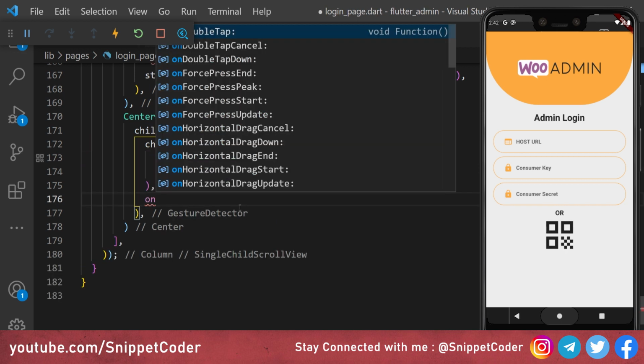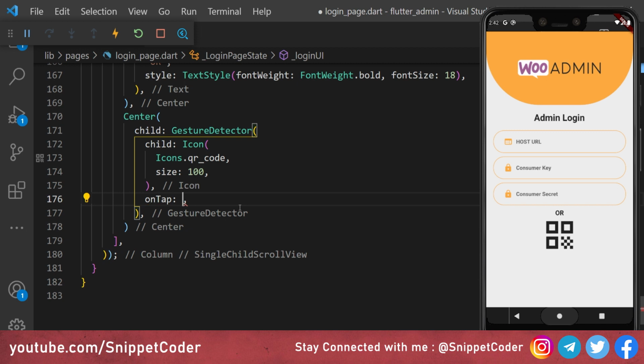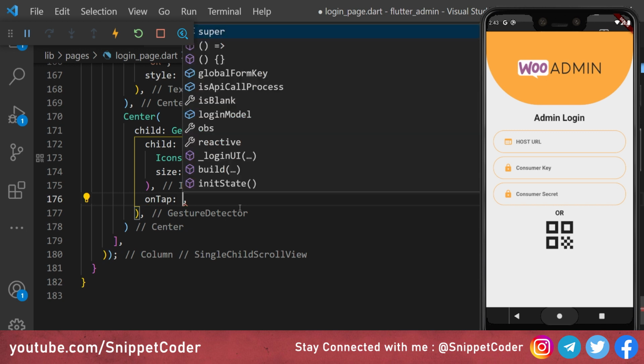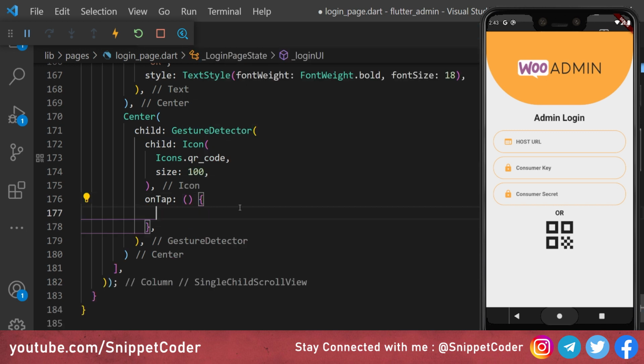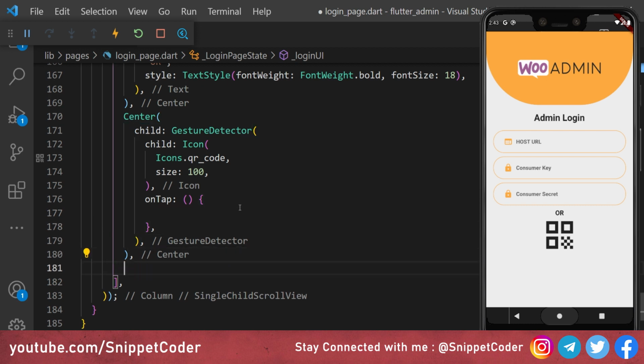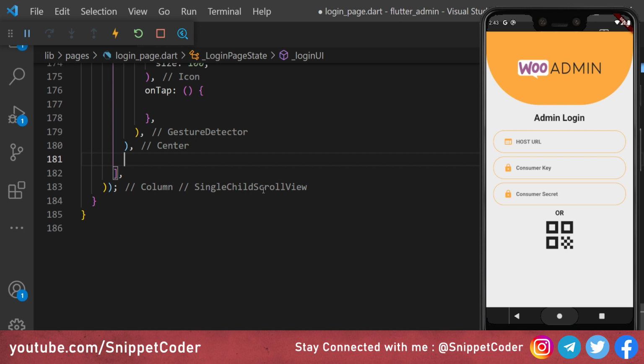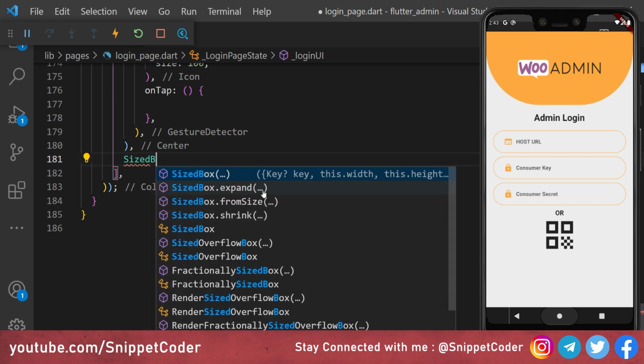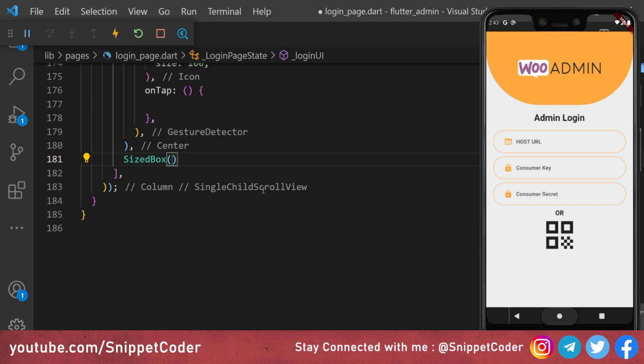Then we have the onTap event that we will cover later on. So now you can see we are getting the QR code also, and when we click on this QR code, we are getting the option for scanning the QR code, and that consumer key and consumer secret will come in the text box. Then we have the SizedBox, and we are taking the height as 20.